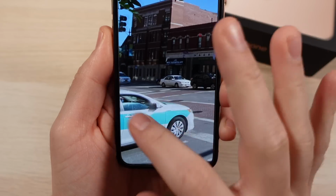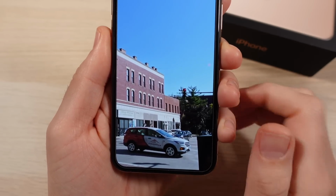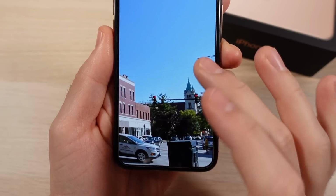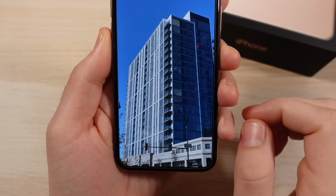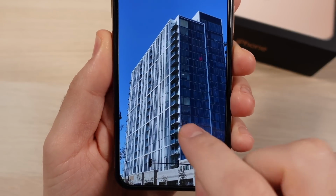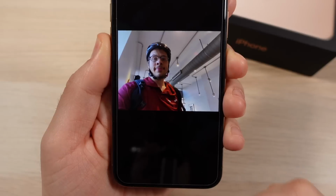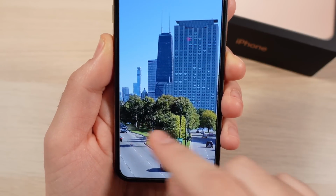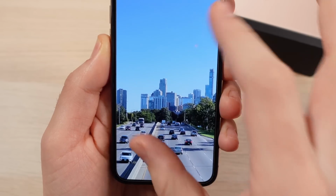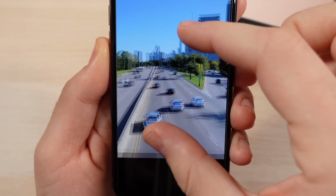So you can see just incredible dynamic range on the photo. It really does a great job of balancing the sky, and even if it's a cloudy day, it does a great job with that as well. You can see the detail you can get from the 11 Pro is mind-blowing. It really feels something like what I'm recording on right now, which is a 1-inch Sony camera. Let's go ahead and zoom in. Look at the detail. It's a phenomenal camera,